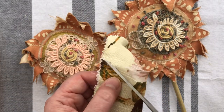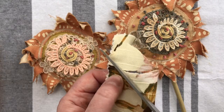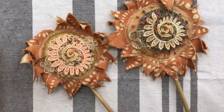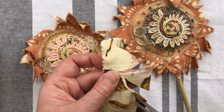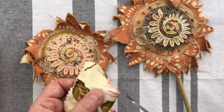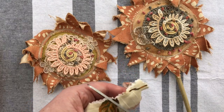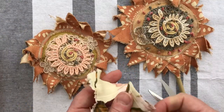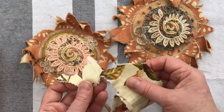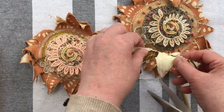And then cut down. Now, this bit here, sorry, it's very grey today and it's very hard to see what I'm doing. But this petal here, when you're doing it properly, it will fall out. Now I keep these, I put them to one side, and then you sew